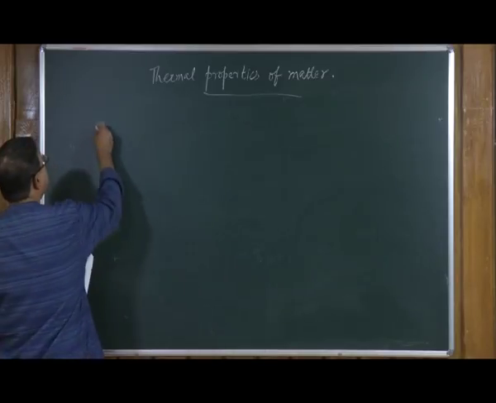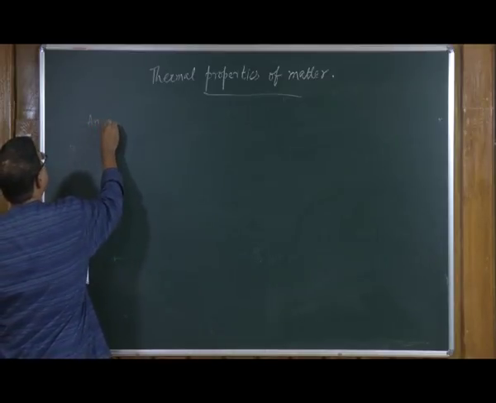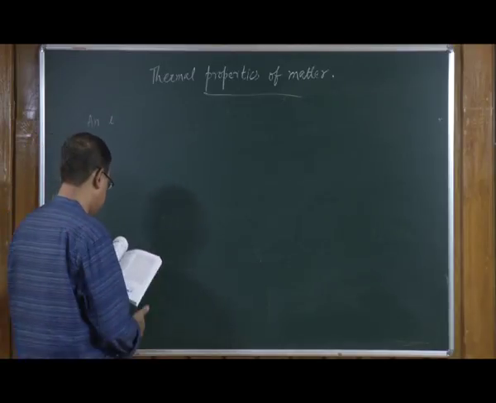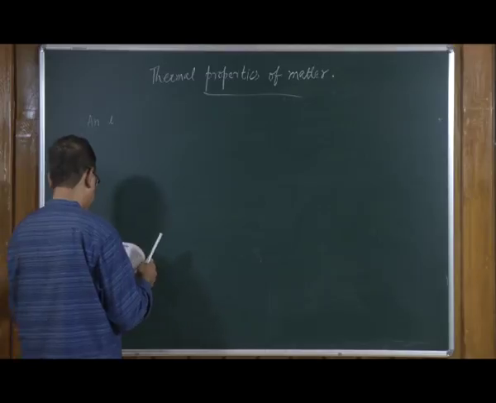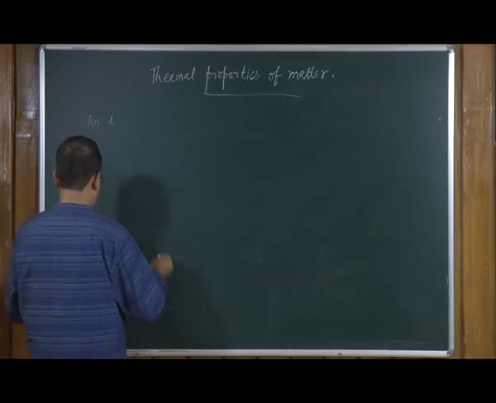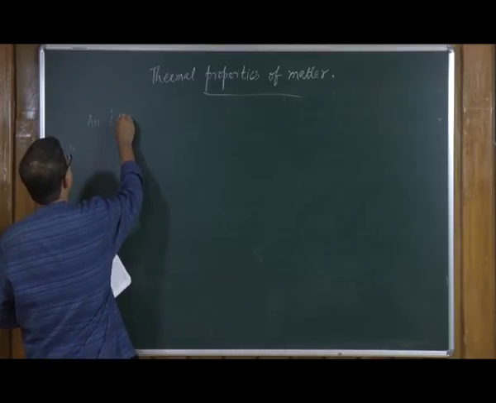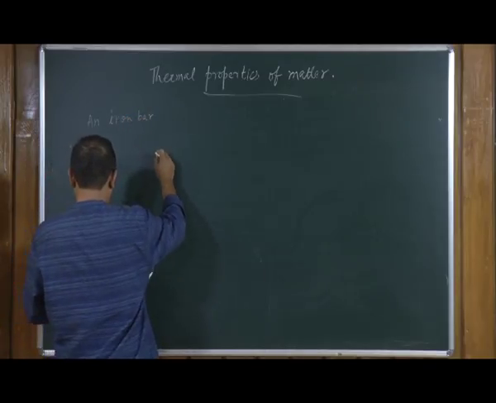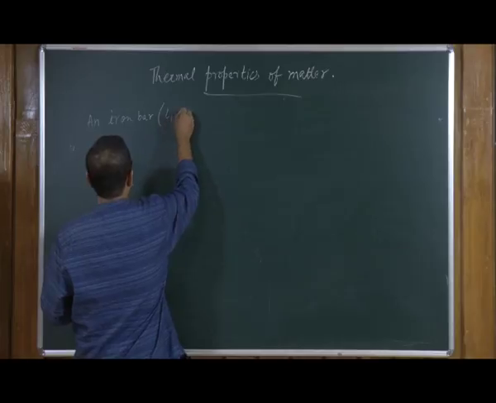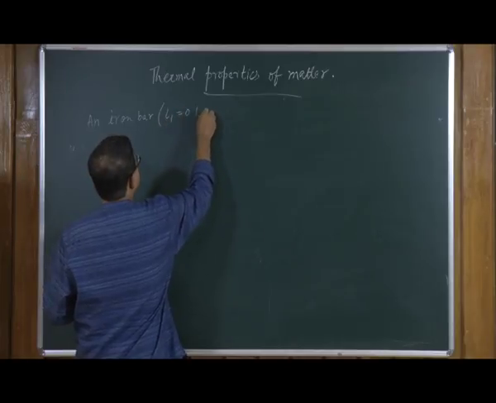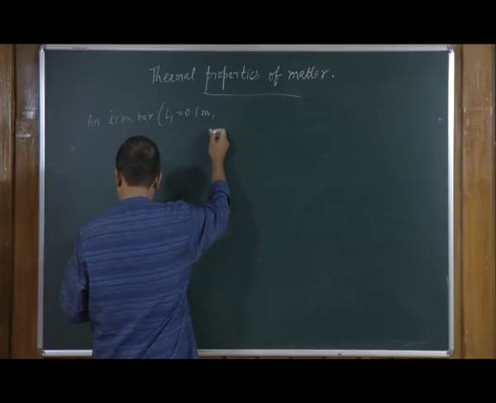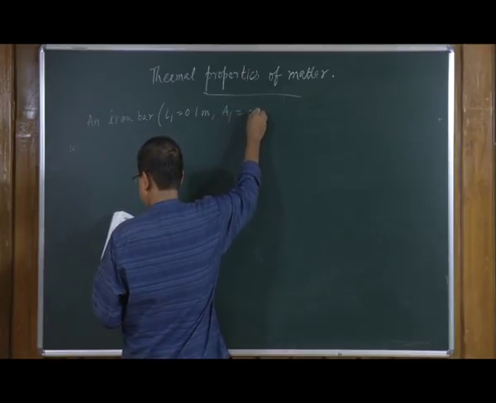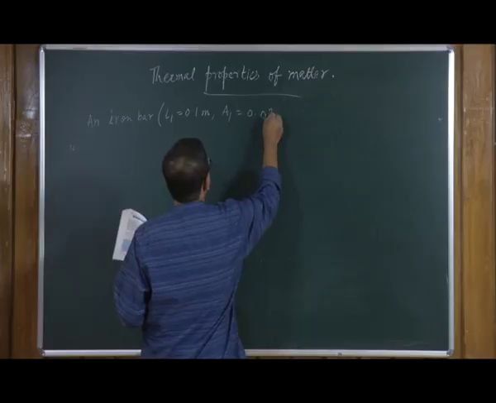An iron bar, this is a problem on thermal conductivity, and we are stating the problem to begin with. An iron bar which is 0.1 meter long, area is 0.02 meter square,